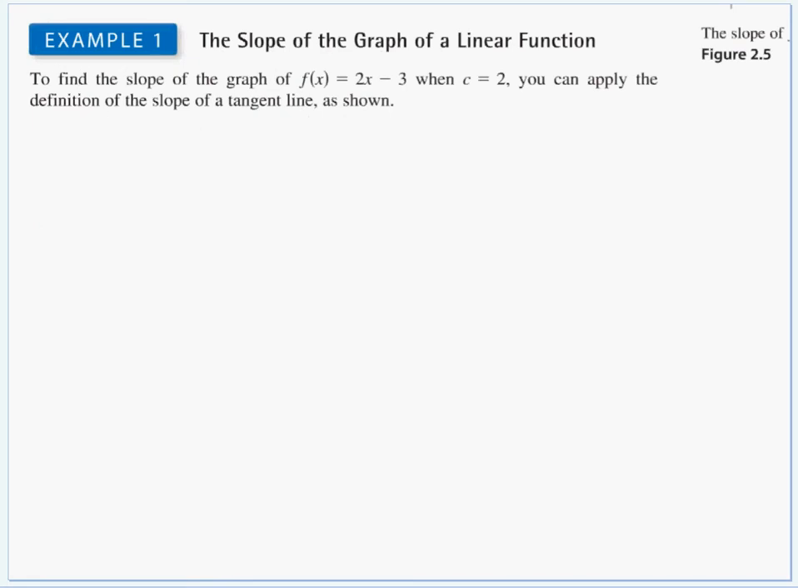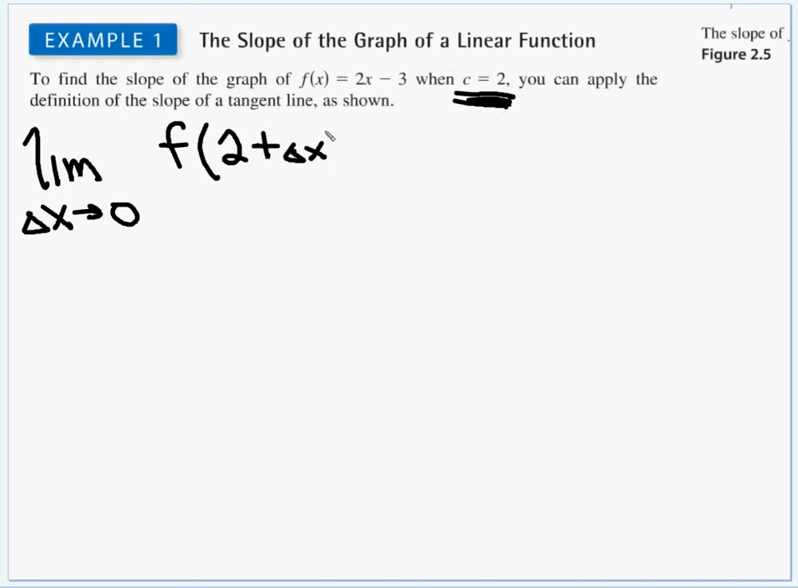Now to take this for a test drive, we have a function, f of x is 2x minus 3, and they're giving us a set x value, or c value. So here we're going to use this to find the slope occurring exactly at the point 2. Since this is new to us, I'm just going to write the notation here, the limit as delta x goes to 0. So we're going to do f of, since they gave us this x value, that 2, let's just plug it in right now. That's going to be f of 2 plus delta x minus f of 2